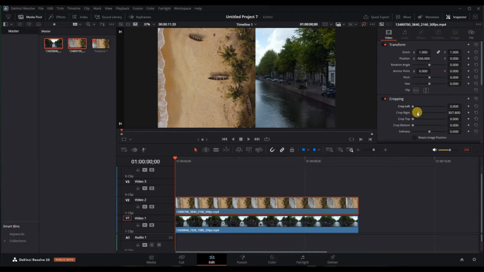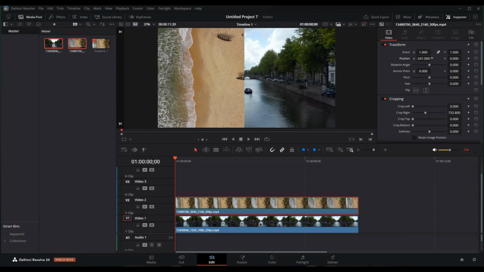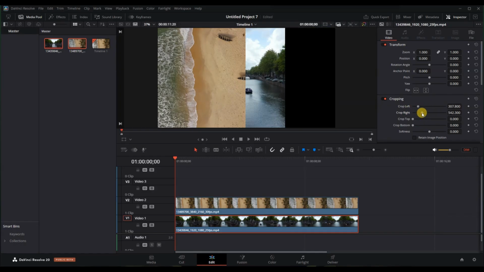After that, select the clip on the bottom track. In the inspector panel, use crop to remove the left half. You can fine-tune the crop and position values to make sure both clips fit evenly side by side with no